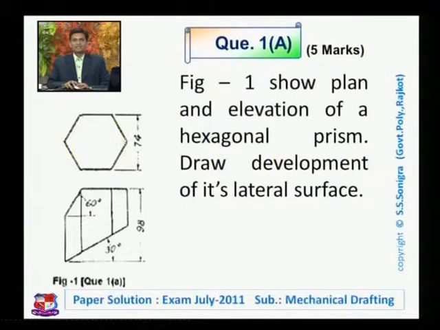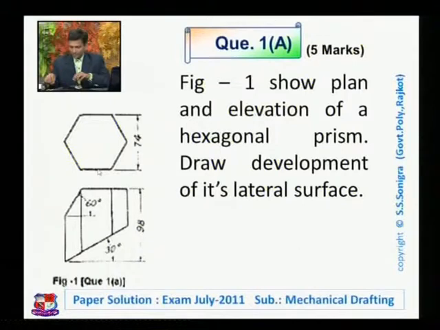So if this hexagon is given to us, the side length is not given. We have to find out its side length from the given geometry. For that, this distance is given, that is 74 mm. How to draw this top view is very important, because the side length is not given, so it's difficult to draw this hexagon. If this kind of question is asked, people forget how to start the problem. So it's very important how to start this problem.